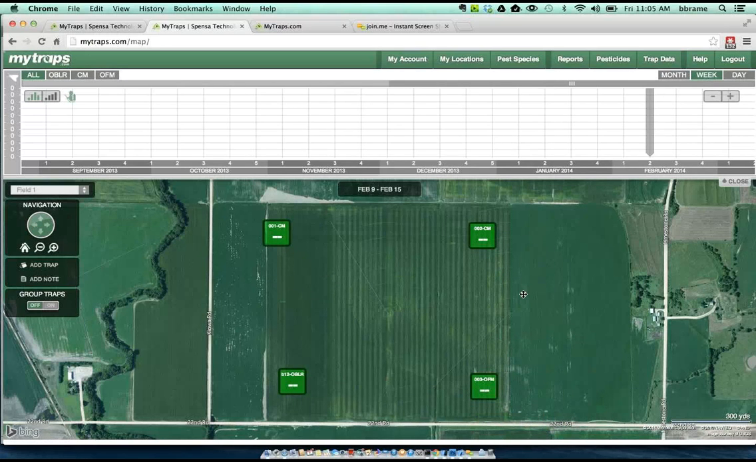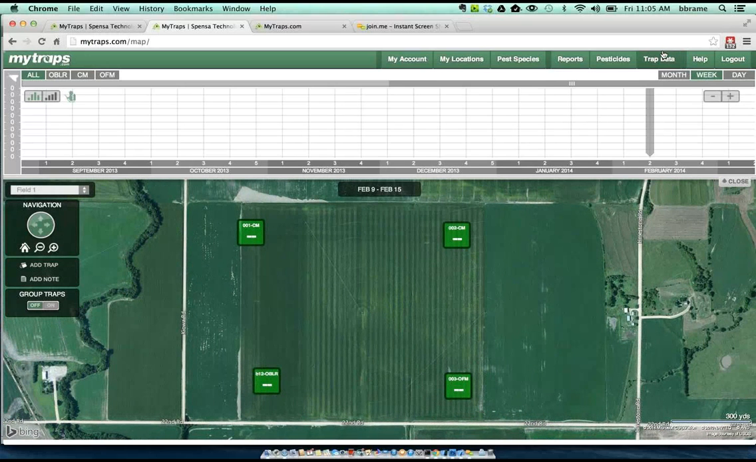Now I've set up 4 traps in this location. The next thing we're going to want to do is enter some data for them. You can do this both in our mobile application and also in the web application. I'll show you how to do it in the web app first. You click on the Trap Data tab up at the top,